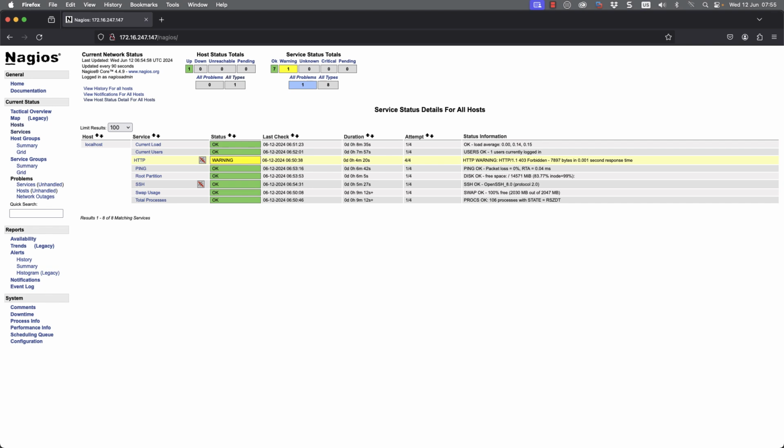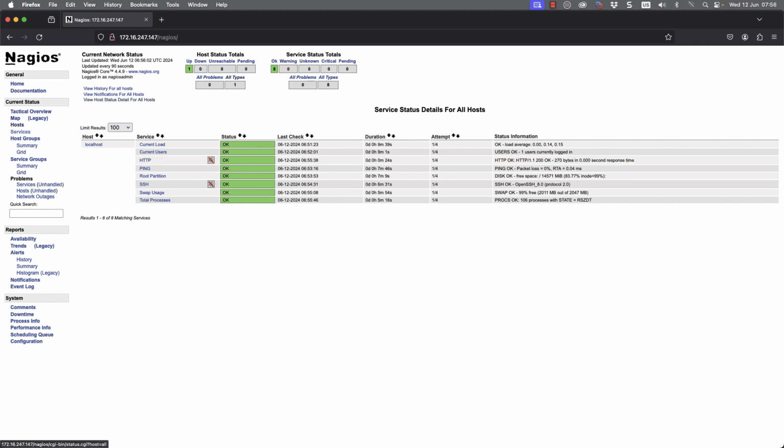Now, returning to Nagios, we can see that the warning was last issued at 06:50. Well, these run a check every 5 minutes. When I look at my timings, it should be running any moment. I'm getting towards 55 at the moment, so we should be able to see it change over.